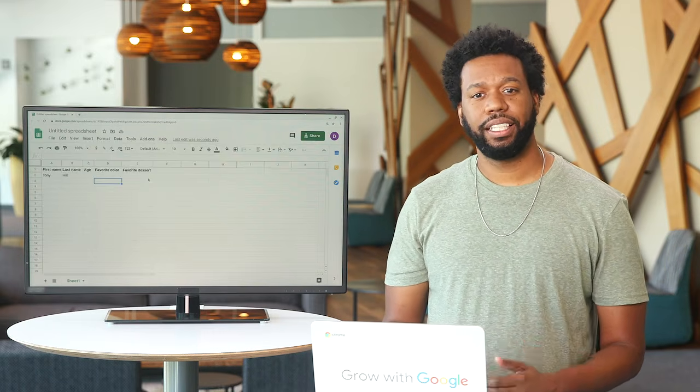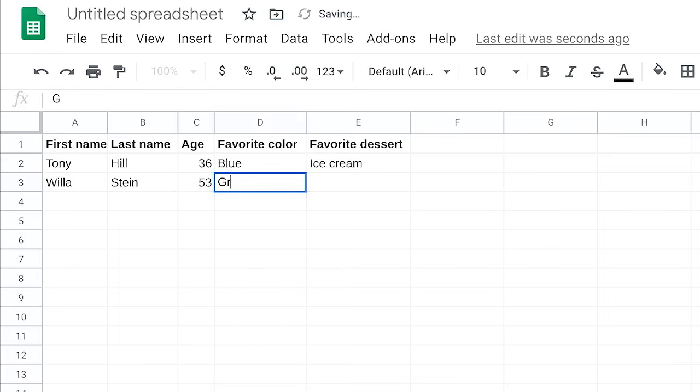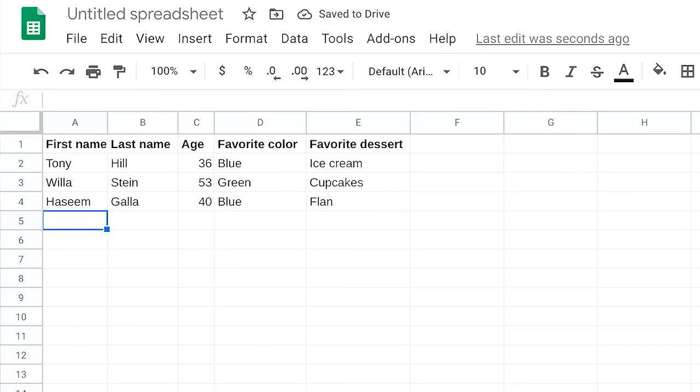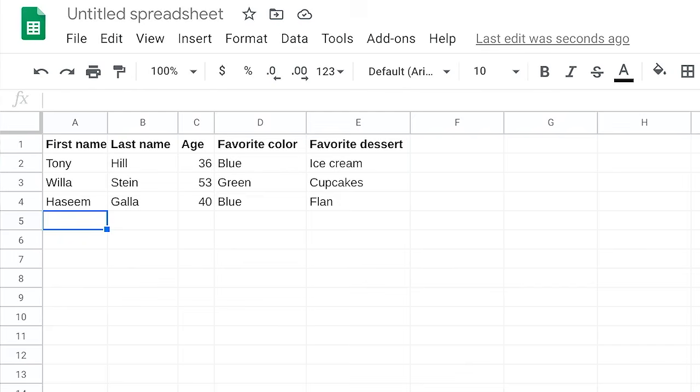Now, I can add my own data to the data set. I'll type in my age and favorite color and dessert in the appropriate cells. Next, I'll add data for 2 more people. We now have 3 rows of data. In a data set, a row is called an observation. An observation includes all of the attributes for something contained in a row of a data table. In this case, row 3 is an observation of Willa Stein because we see all of her attributes in this